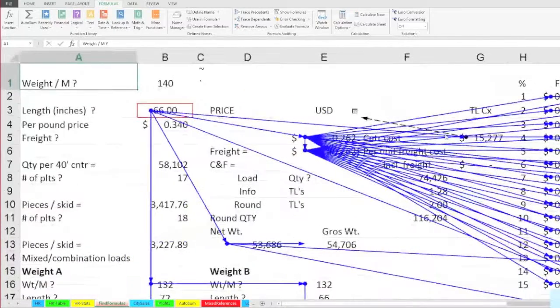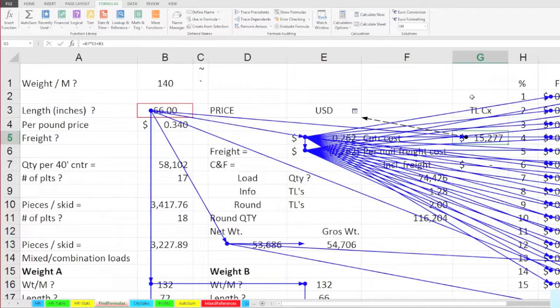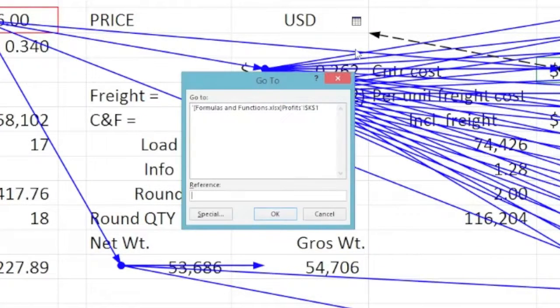Now, if I move down to cell G5, that's where it's coming out of. It's kind of hard to see, but it's coming out of G5. There's nothing in that formula that raises any question. It says equal B7 times E5 plus B3. But we're checking for dependencies. And what this dashed line means is we've got a dependency on another worksheet in this workbook or in another open workbook right now. So if you double click the dashed line, as I'm doing right now, we can see